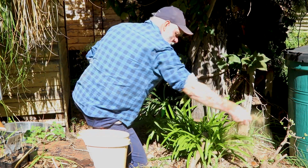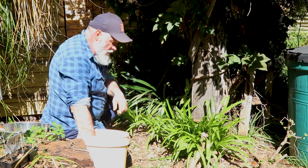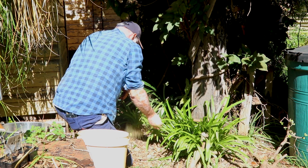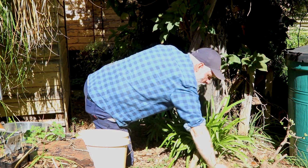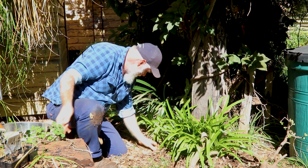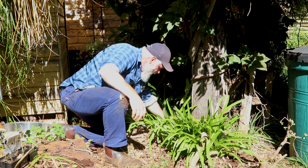But we'll give it some blood and bone, and they recommend on the packet about 2 handfuls per square metre, so I reckon that's roughly it. I won't do much more than that for the blood and bone. Just fluff it into the soil surface. Mother Nature will take care of the rest,